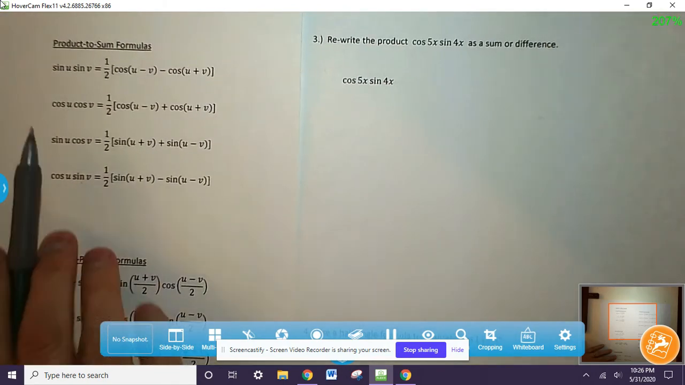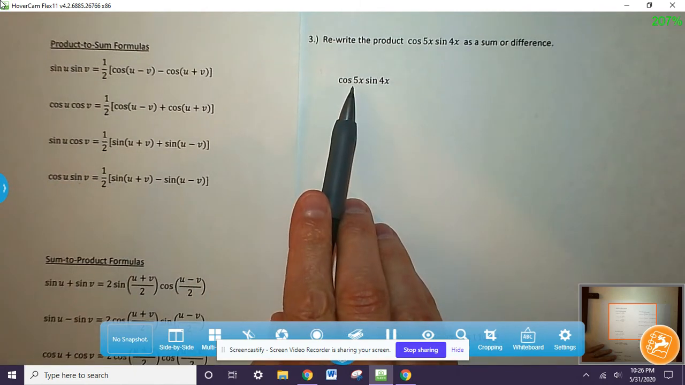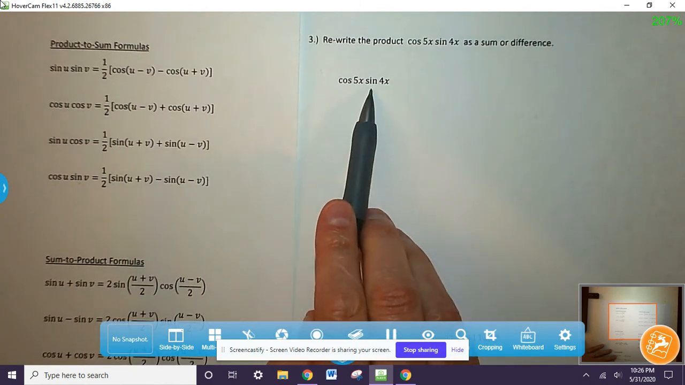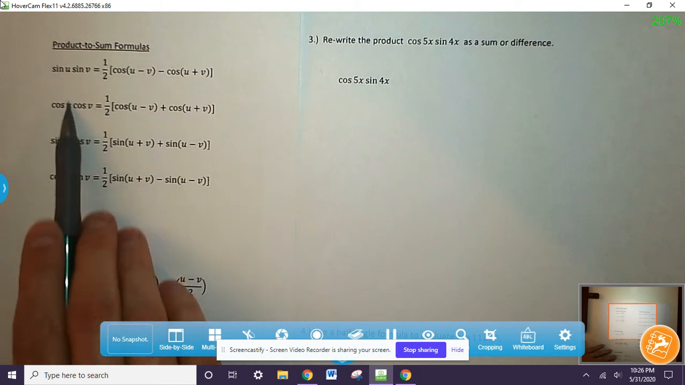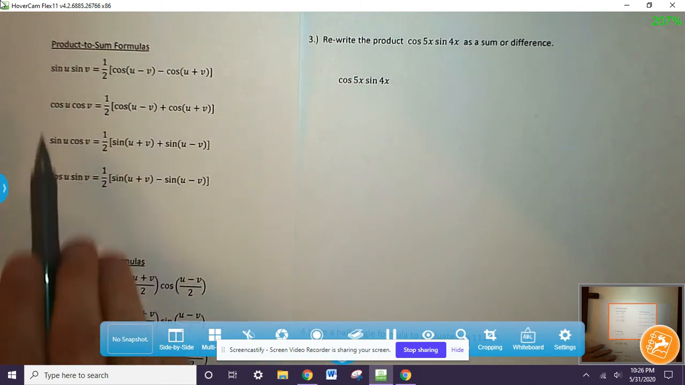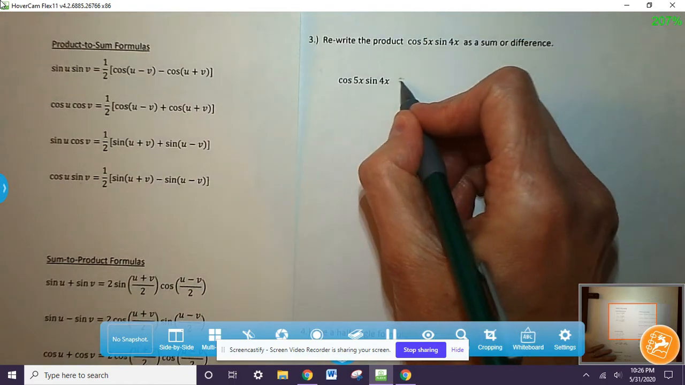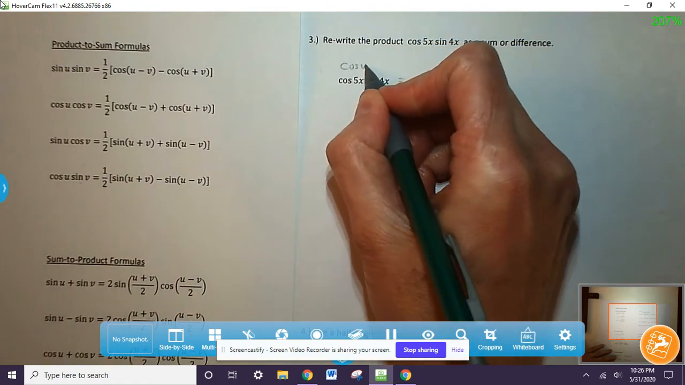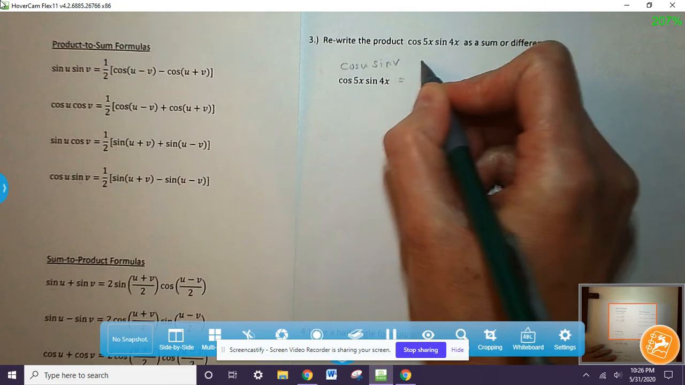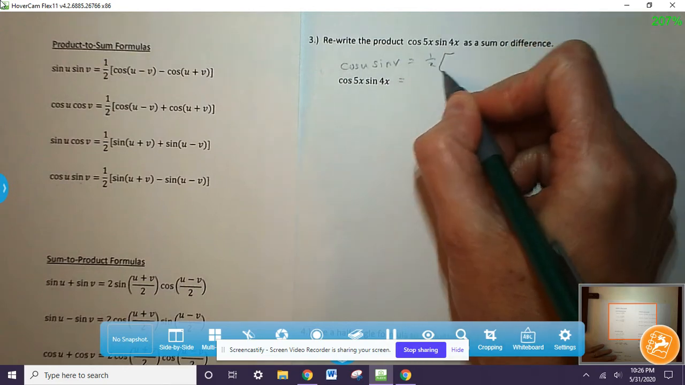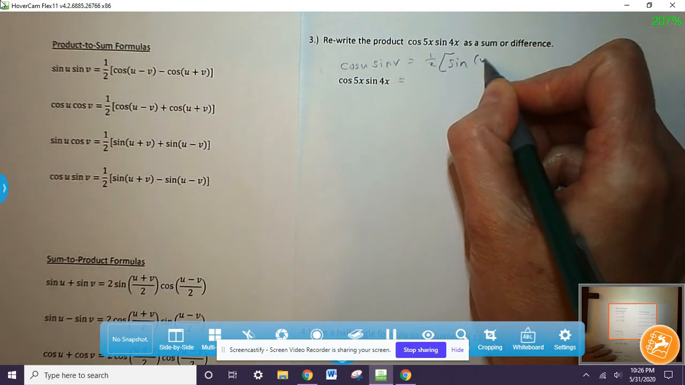Okay. So if you look at the structure, we have cosine times sine. So you want to find the one that's cosine times sine. That's this one, not this one that's cos. This is cosine sine. So the formula is cos u sine v equals 1/2 times this quantity